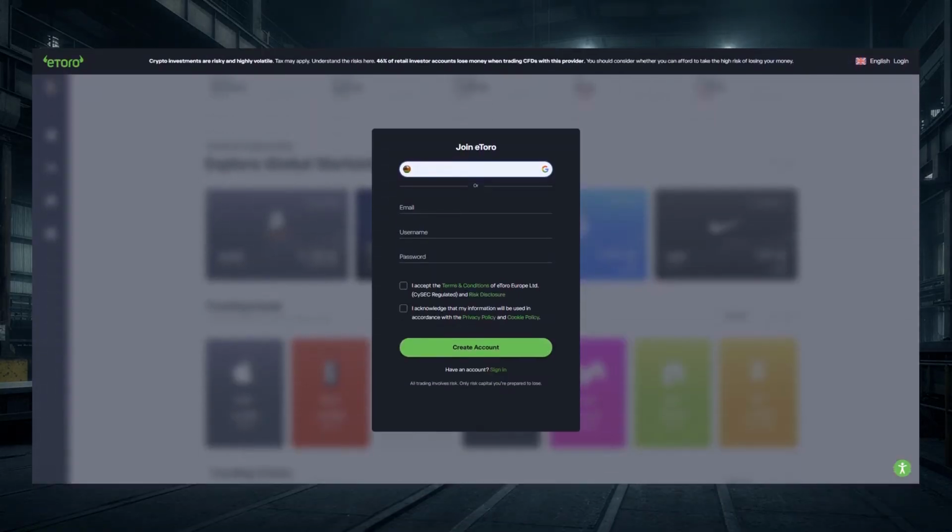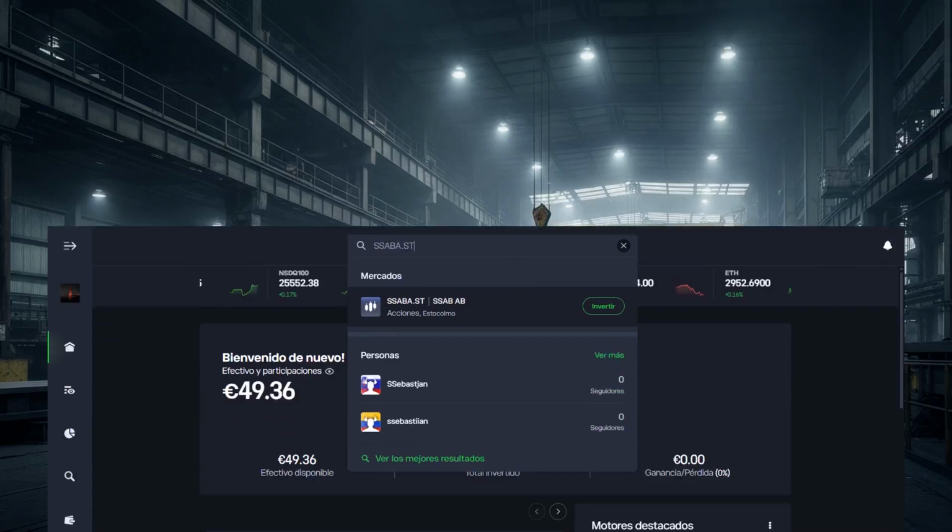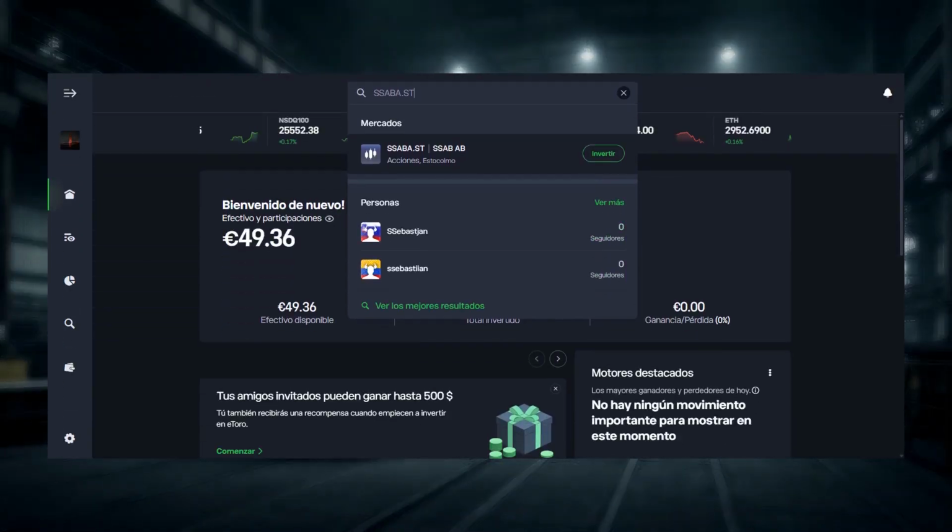To purchase shares, you need a broker account. I will use eToro as an example to show the process. After registering, you will need to verify your account, usually with an identity document, and add funds to be able to buy. Use the platform search bar and enter the ticker